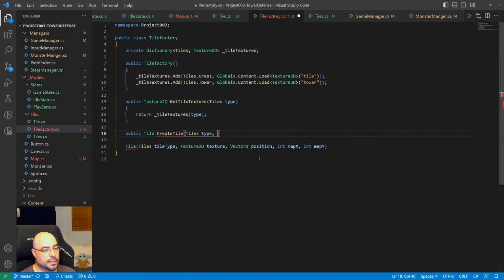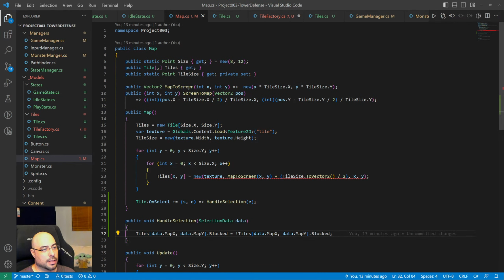We don't need the texture because we can extract this from the dictionary, but we're gonna need the map X and map Y, and we can calculate the position, I believe. I think it's gonna be something like